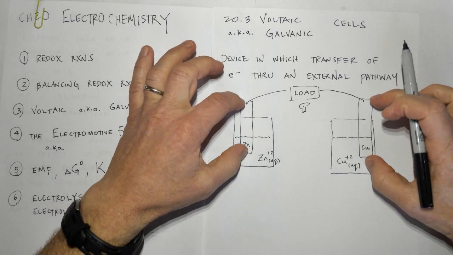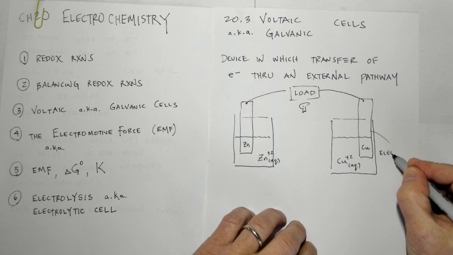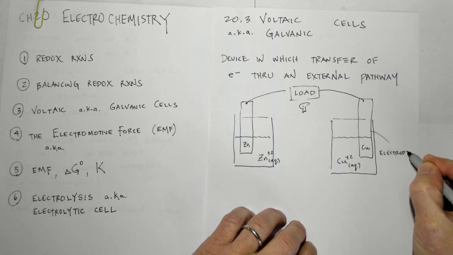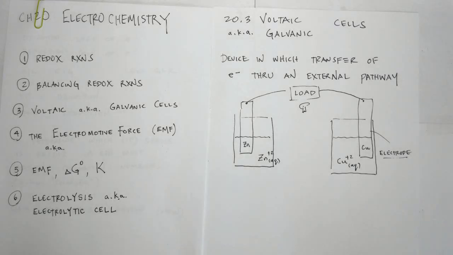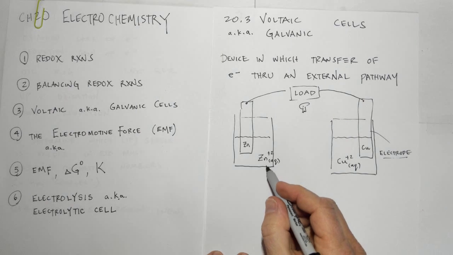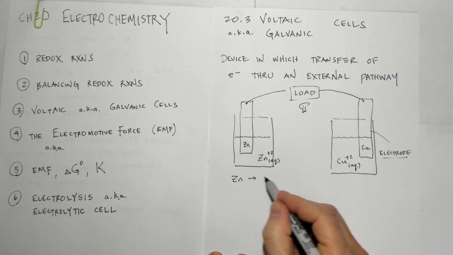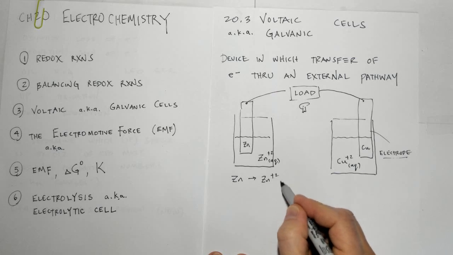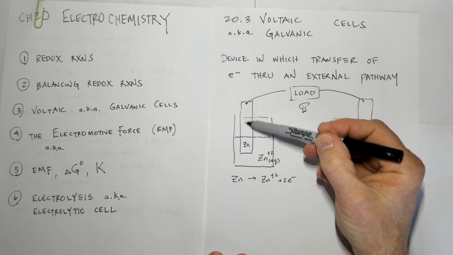Each one of these metallic pieces is called an electrode, because they're the ones that conduct or have the electrons flow through them. Now if I hook this up, I'd have a half reaction going on here in this beaker where zinc solid would become zinc positive 2, and it would lose 2 electrons, and these electrons would flow right here through this